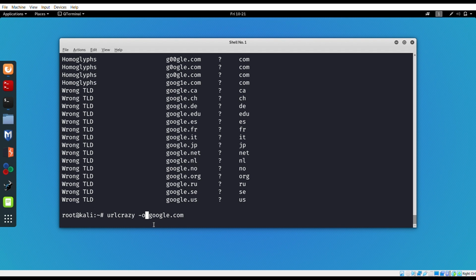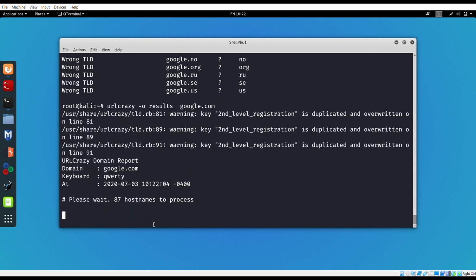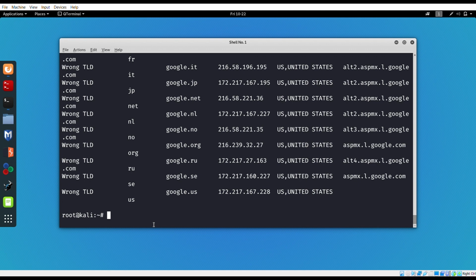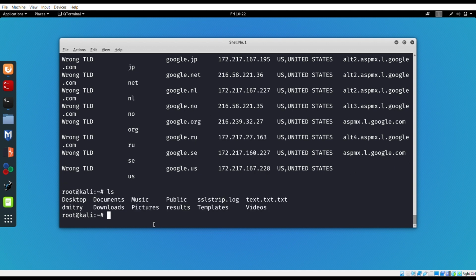In our case it is urlcrazy -o results google.com, and here we can see that it has created a file named results. We can see the file by using the command cat results, and here we are getting the exact same result that we got earlier. So it has given us the output in a file that can be used to create the report in the future.